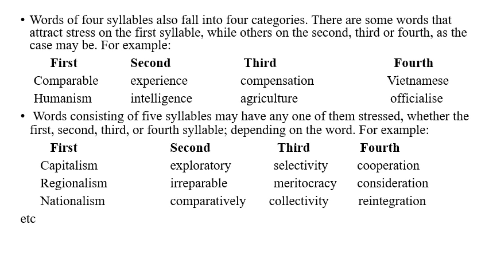Now, words consisting of five syllables may have any one of them stressed, whether the first, second, third, fourth, or fifth syllable, depending on the word. For example, capitalism, first syllable; regionalism, first syllable; nationalism, first syllable; exploratory, second syllable; irreparable, second syllable; comparatively, second syllable;